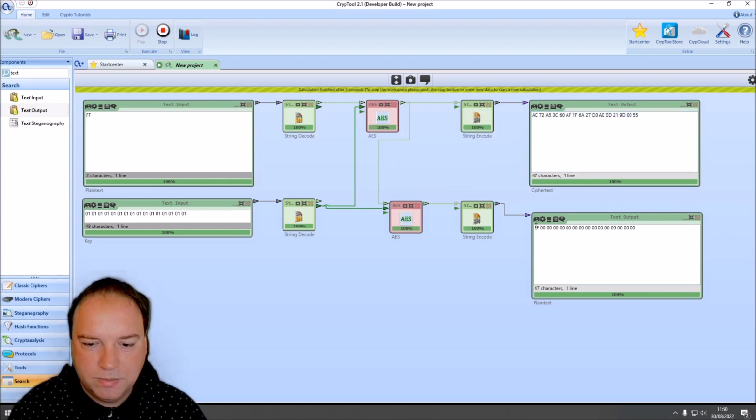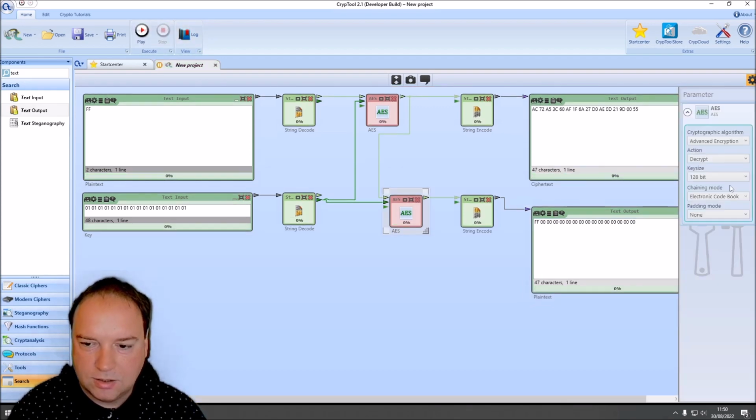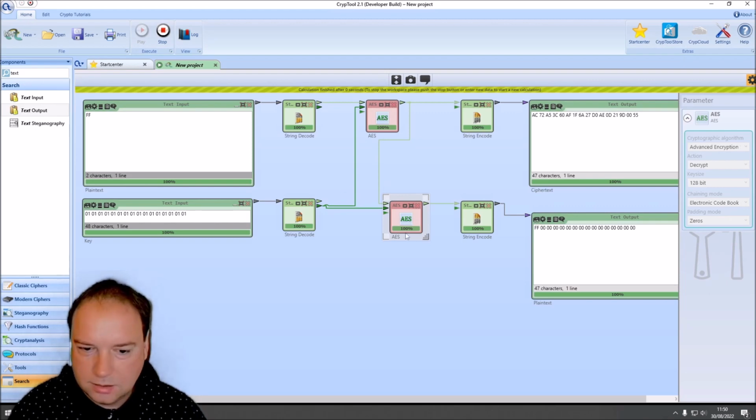And when we decrypt it without using any mode, we can see that it added zeros with the padding mode here, only zeros. It added zeros until we have a complete block. Now when we change the second AES also to zeros, we only get,